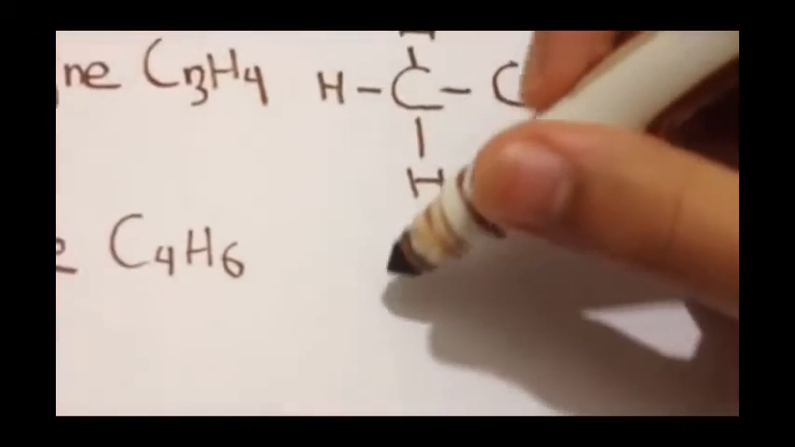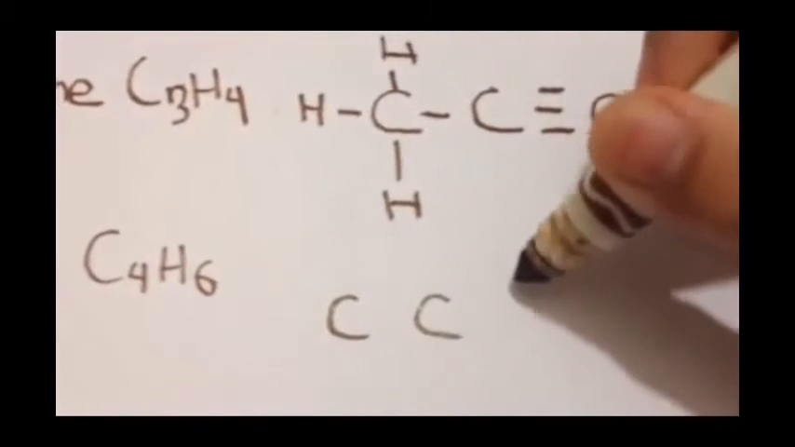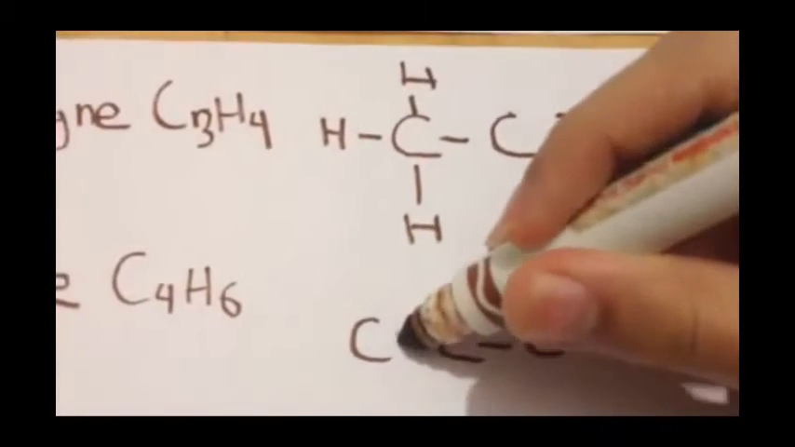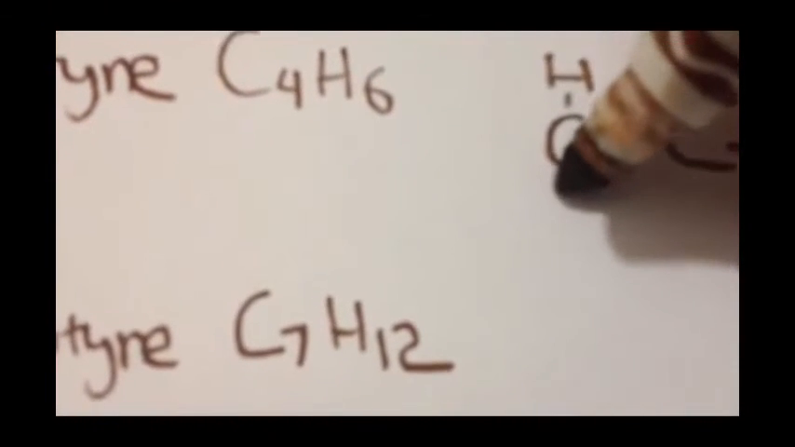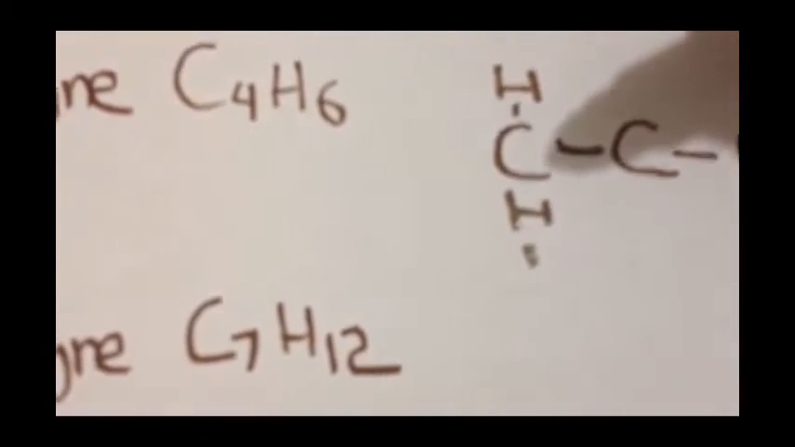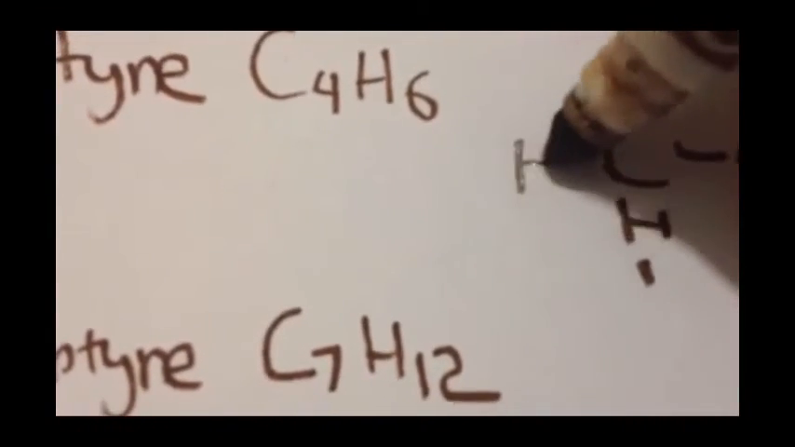This was very easy because there are few carbons and few hydrogens, but for example if we have C4H6, we are going to do this: 1, 2, 3, and at the end we're going to put the triple bond, and then the hydrogen and the 3 bonded hydrogens to the first carbon. Now we have 1,